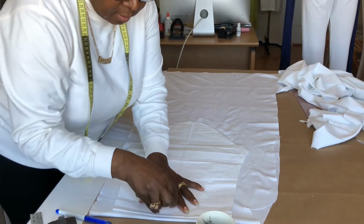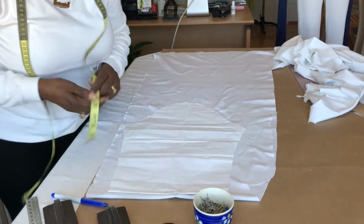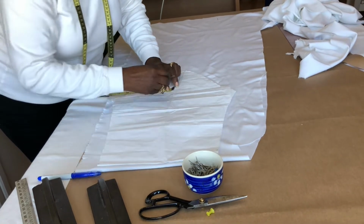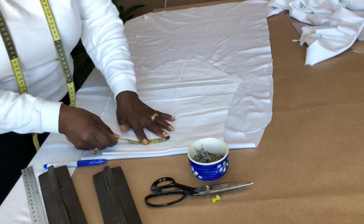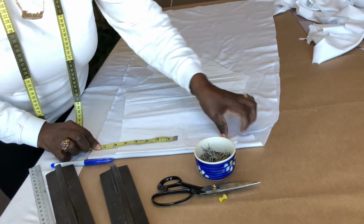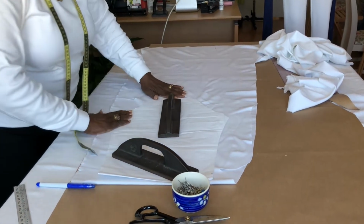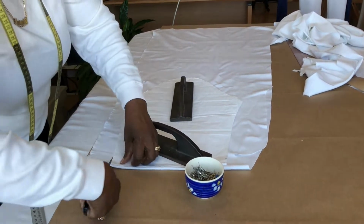This is a green line. All right, let's do it from this side. This is 8 inches. And the line has to be the same here, 8 inches. So this,